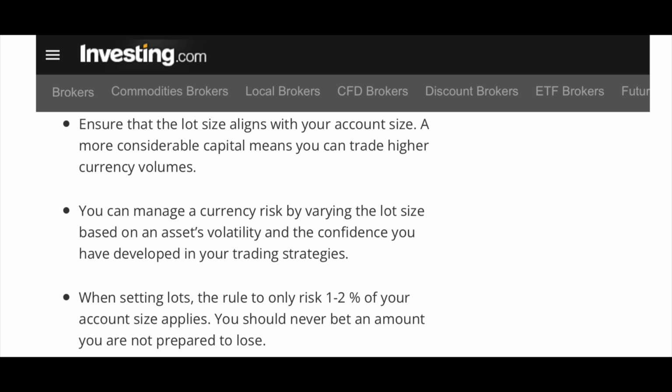So this is just some things to remember when setting a lot size. First thing is to ensure that the lot size aligns with your account size. A more considerable capital means that you could trade higher currency volumes. You can manage whatever you're trading by varying the lot size based on the volatility of what you're trading and the confidence that you have in the strategy. So pretty much you can determine how much risk to reward you want to put in a certain trade depending on what lot size you put and how confident you are in that